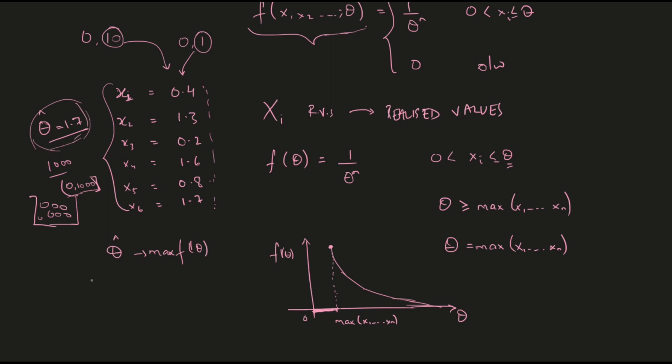Now in most cases, you take the log of the likelihood function and then take its first derivative and essentially use calculus to figure out the maximum likelihood estimate. But this one is a special case. This is because we have a discontinuity here. The function is not actually continuous in the entire range. So there's a discontinuity at this point. That's why the calculus fails, and you must use your own intuition or go by this graphical approach. So this is our answer here.